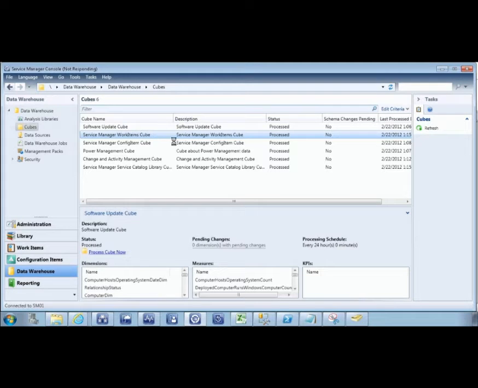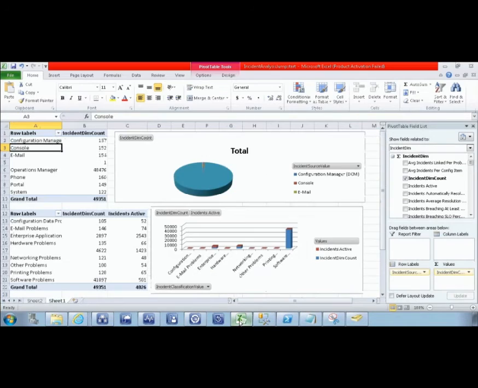How those open up, that's taking a little bit to respond here, but what we then do is bring that across into Excel. I've got an option that I've started creating here. Really took me about 5 minutes to pull this together prior to the session starting. I just wanted to make sure this was up and running. I have grabbed a couple of pieces of data about the different types of incidents that are showing up here inside of my Service Manager database. So I have the source of my incidents, the count of what those incidents are, and I created a simple